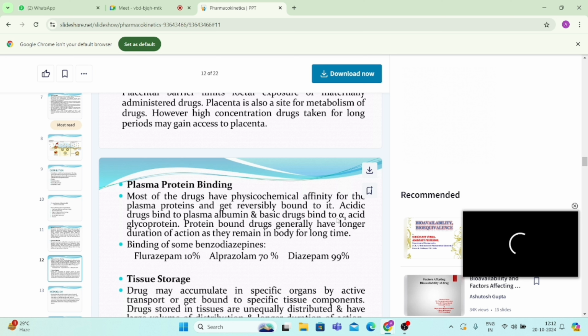Each drug will have a specific binding protein for it. Some drugs will bind to albumin, some drugs will bind to other proteins like that. And even if you go with the examples of